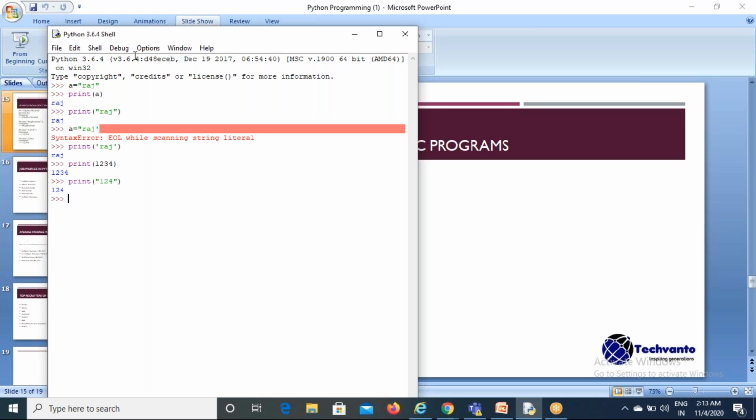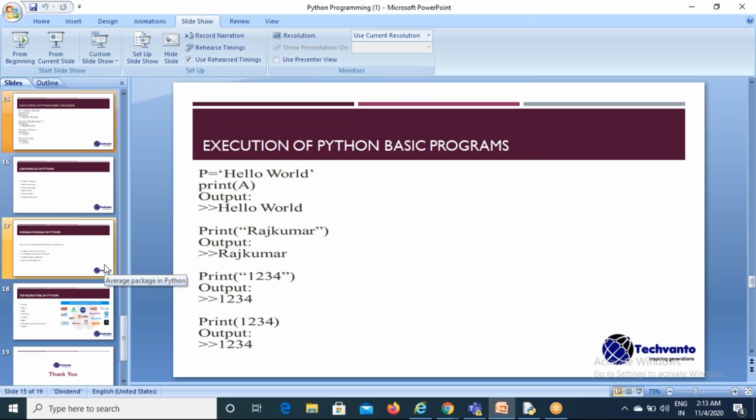We will use Python 3. I'm using the Python 3.6 version. If you have any doubt here, you can contact us without any hesitation. You can ask any doubt with the mentors, or you can ask me also. Okay, moving to the next one.